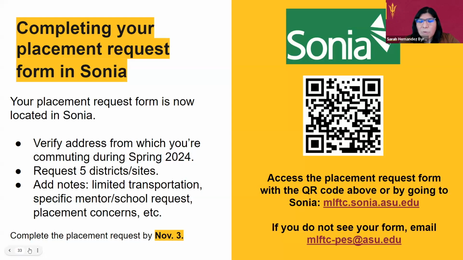But as an overview, the placement request form is where you get to provide us with important information about you that can affect your placement, like where you're commuting from and if there are any special circumstances that you have, like limited transportation. Our goal is for you to have the best placement possible, and it is important that everyone submits their form. Forms are due by November 3rd. If you don't see your form in Sonia, please email our office at